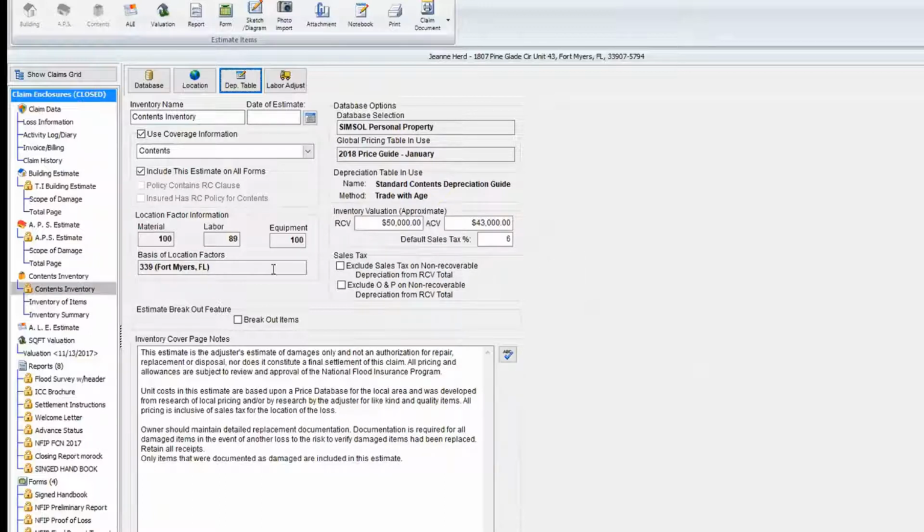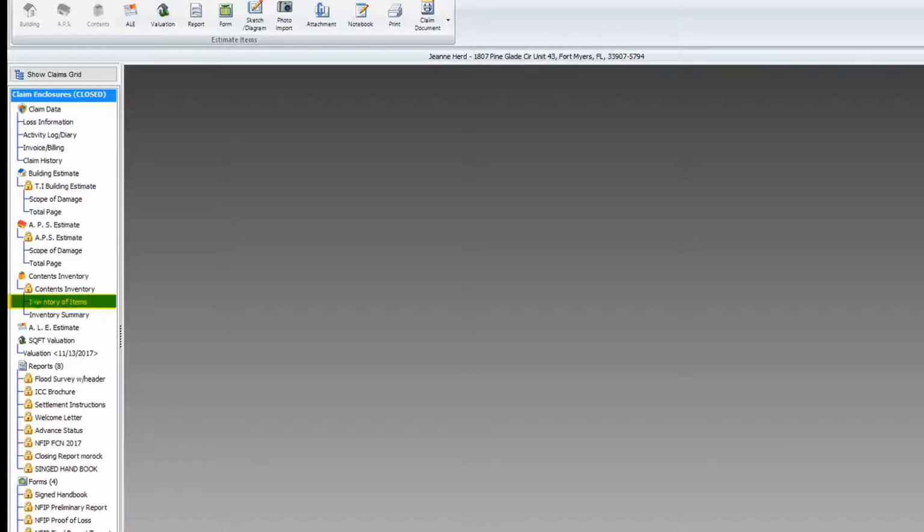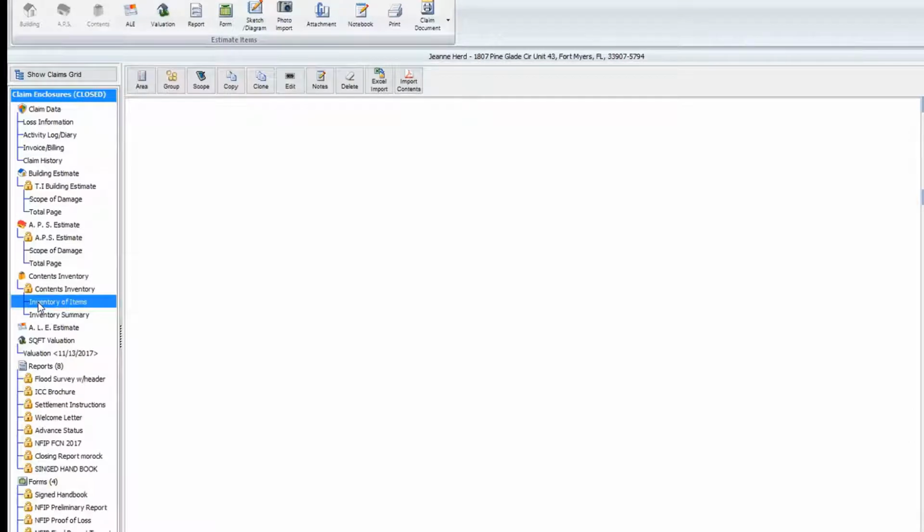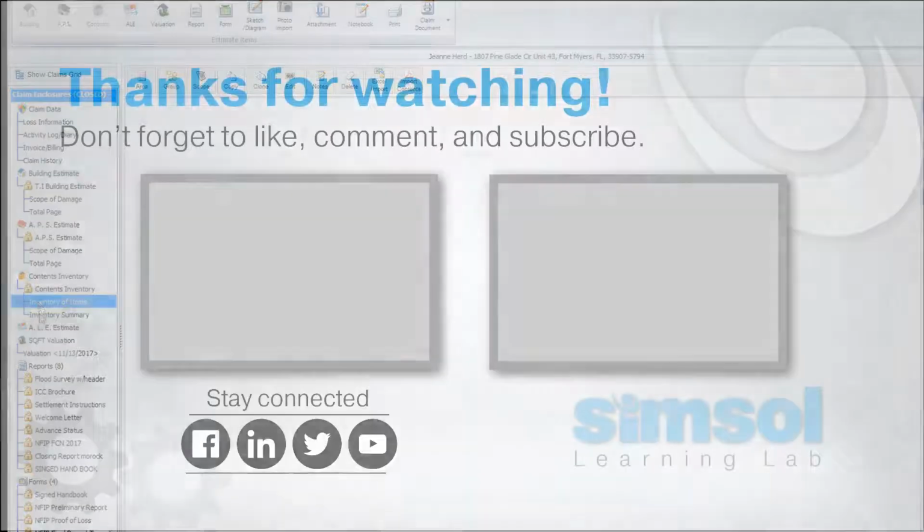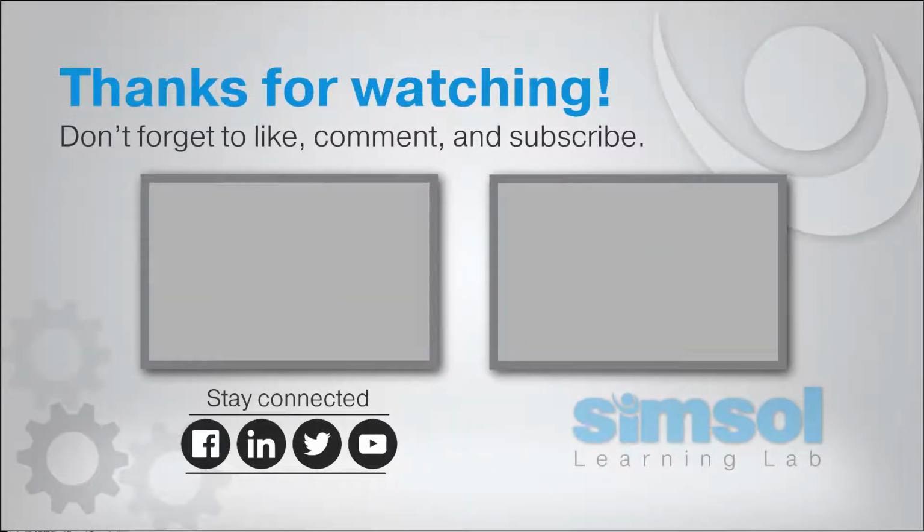With that, we're going to come over and go into the inventory of items. The contents inventory is divided up into the contents inventory, which you see right there, which we call the information window. The inventory of items is where we're going to define the areas and actually do the estimate. And the inventory summary is very similar to the total page within a building. It adds everything up. So we're going to go right into the inventory of items, and I'm going to create an area. Remember